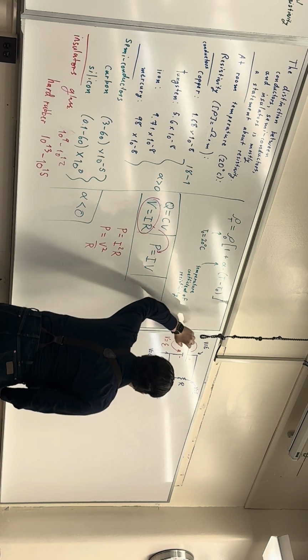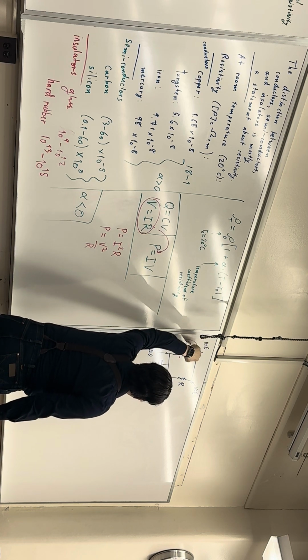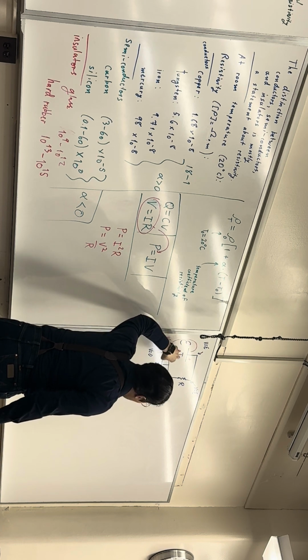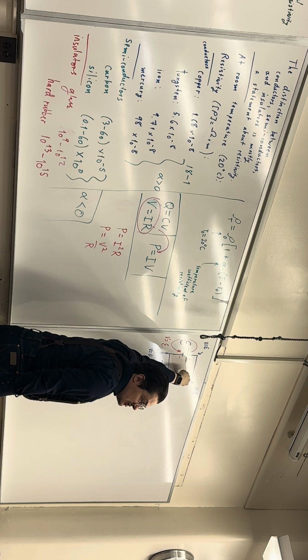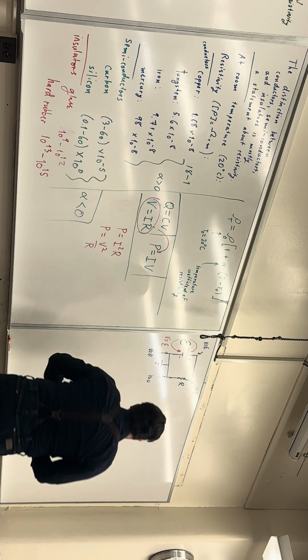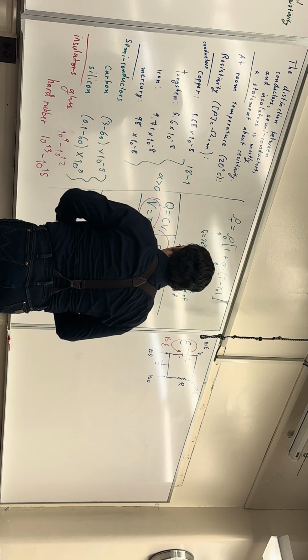So putting this battery here sets up a voltage difference of curly E, but it also means that we're imposing a voltage difference of curly E across the resistor. It's imposed. So this is sort of a bizarre thing, because previously we thought about